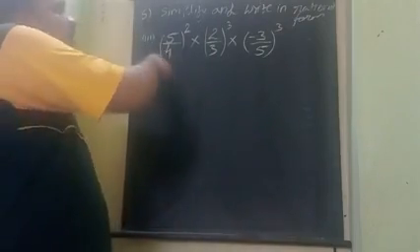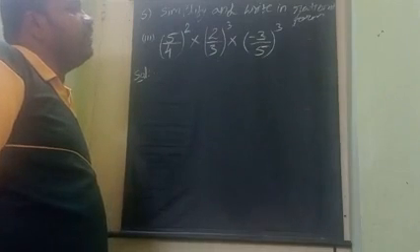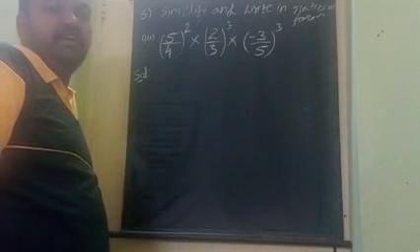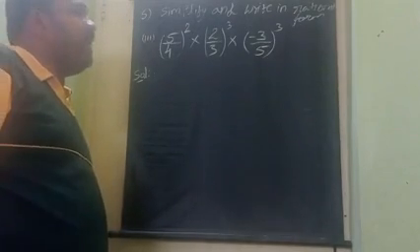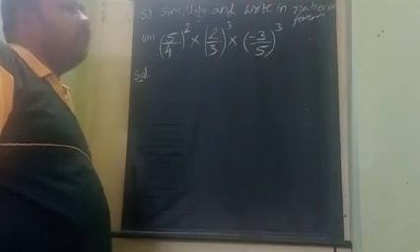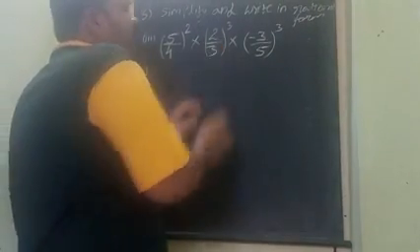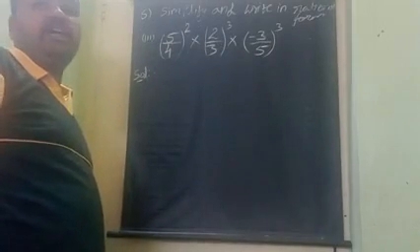Today we are doing this sum: (5/4)^2 × (2/3)^3 × (-3/5)^3. Here we have to decide whether to do the sum with or without applying the formula. We have to check once. What is the rule for applying the formula? We have to check whether the bases are the same or not.